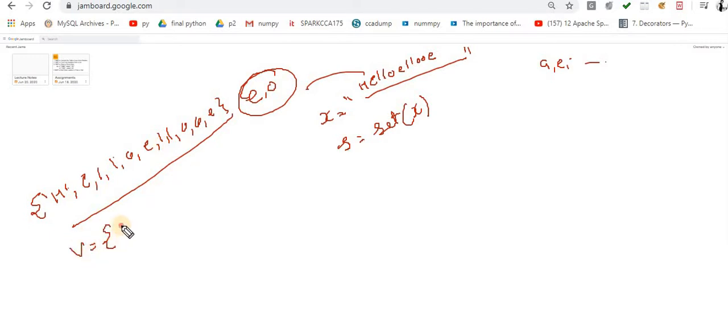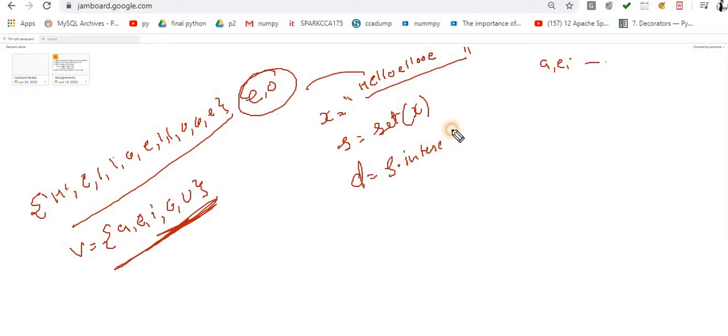In my V there is A, E, I, O, U. Now a very simple operation: D = S.intersection(V). That's it.